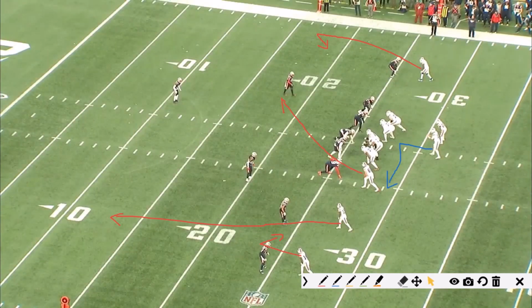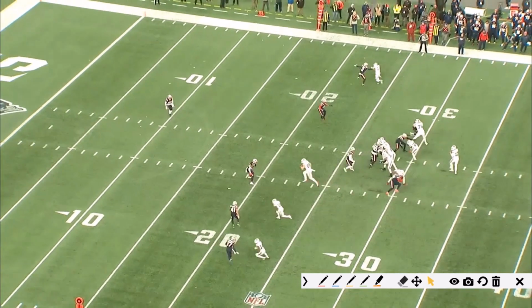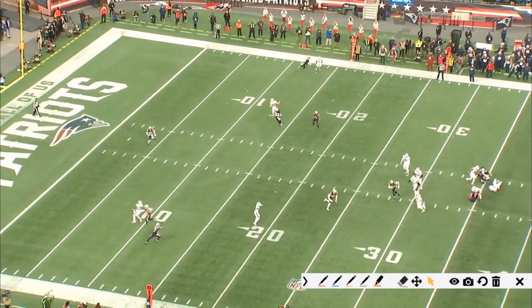And this is just a cherry on top, where Allen is going to be forced to move up and out to the left here, which takes away that curl route to the right, and this sort of crosser or bender from the tight end here, while its slot fade route will also be doubled. So now he draws the linebacker up here on him as he scrambles to the left here,